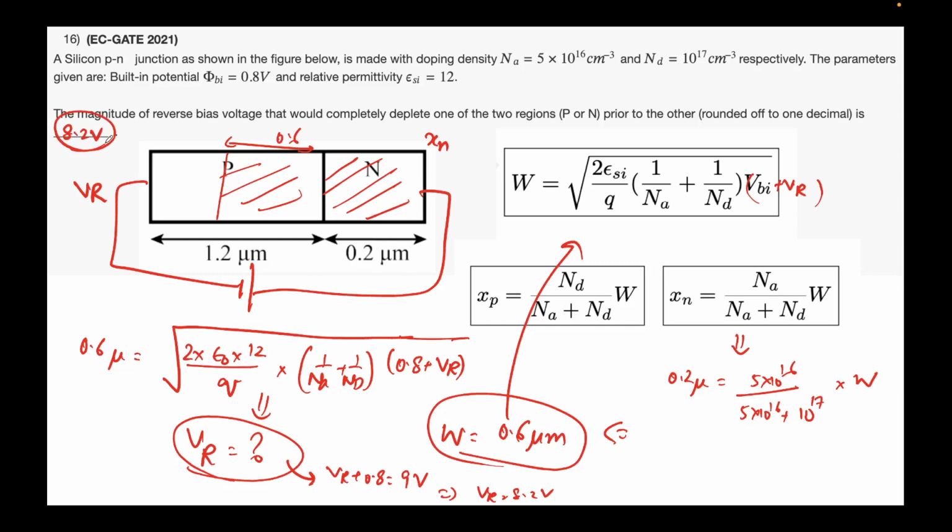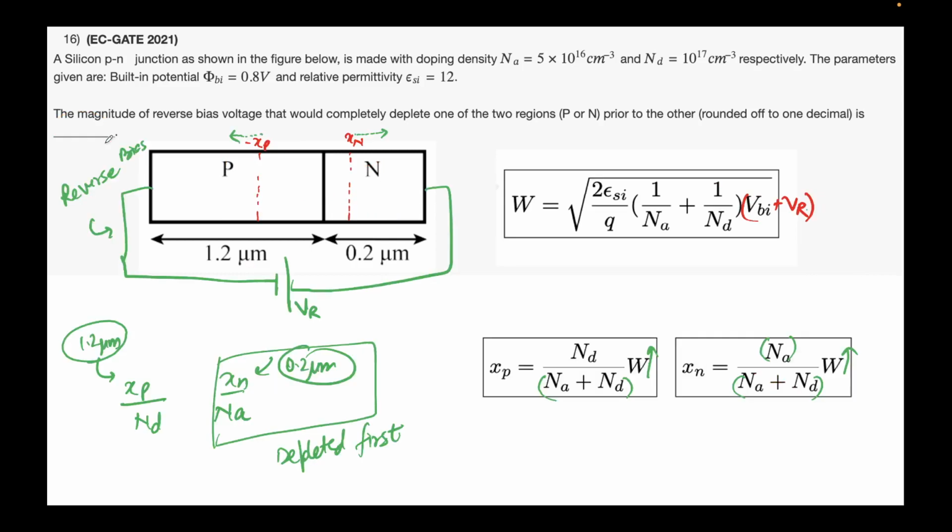Okay, just don't worry a bit too much about this problem, because when we talk about reverse biasing a PN diode, this concept will again come into the picture. Why I wanted to bring it up here now is just so that you can visualize this, that as we increase the bias, W will increase, and W will increase on both sides. So Xn will keep on extending towards the right, Xp will keep on extending towards the left, because W is increasing. All these terms are constant, but since ND and NA are not much different, only a factor of 2,